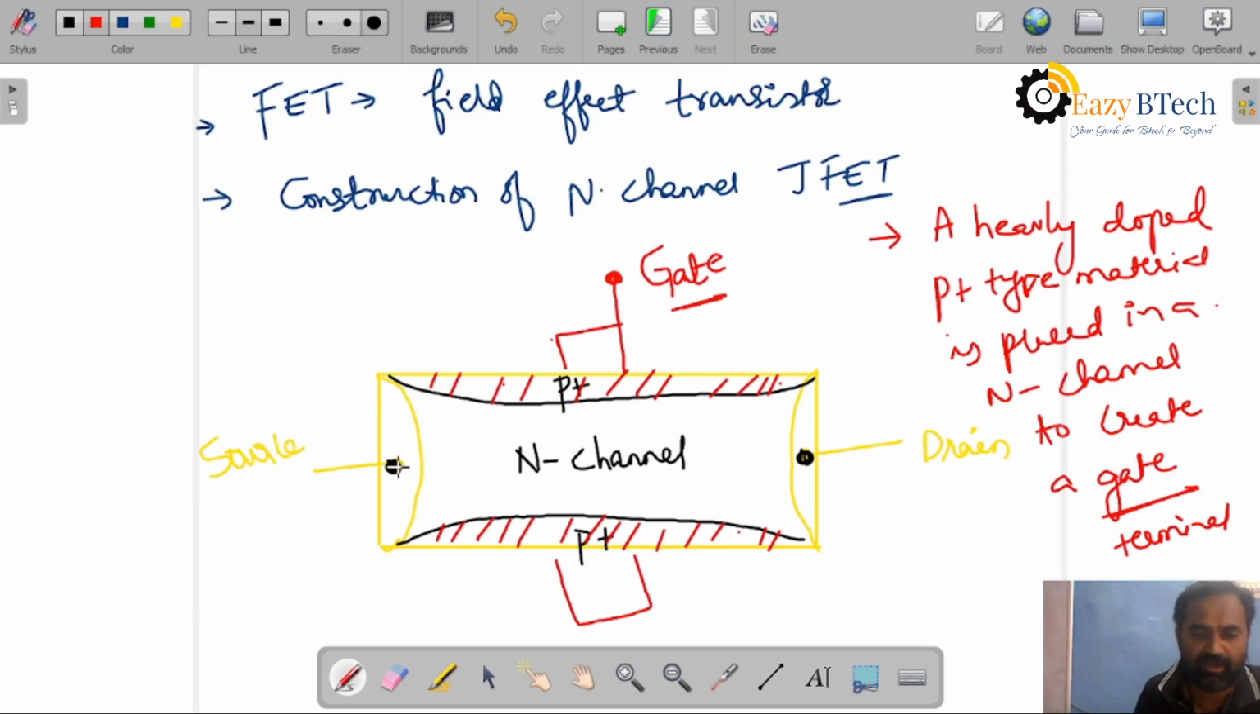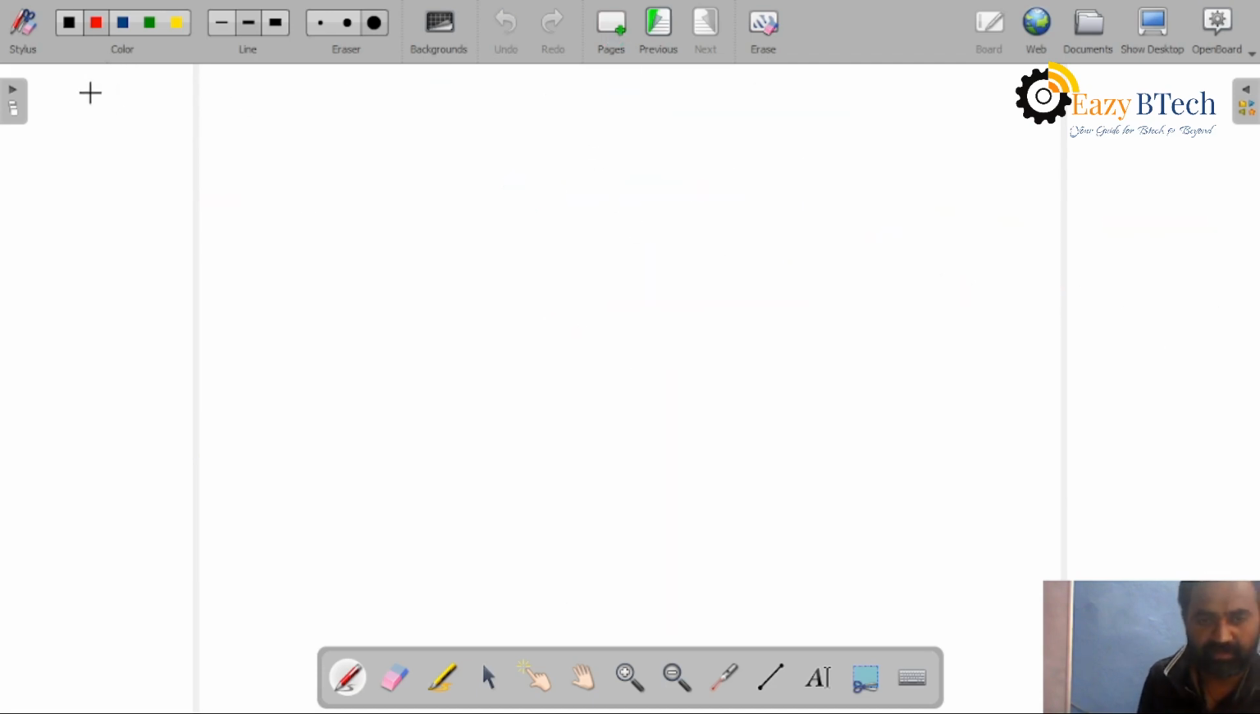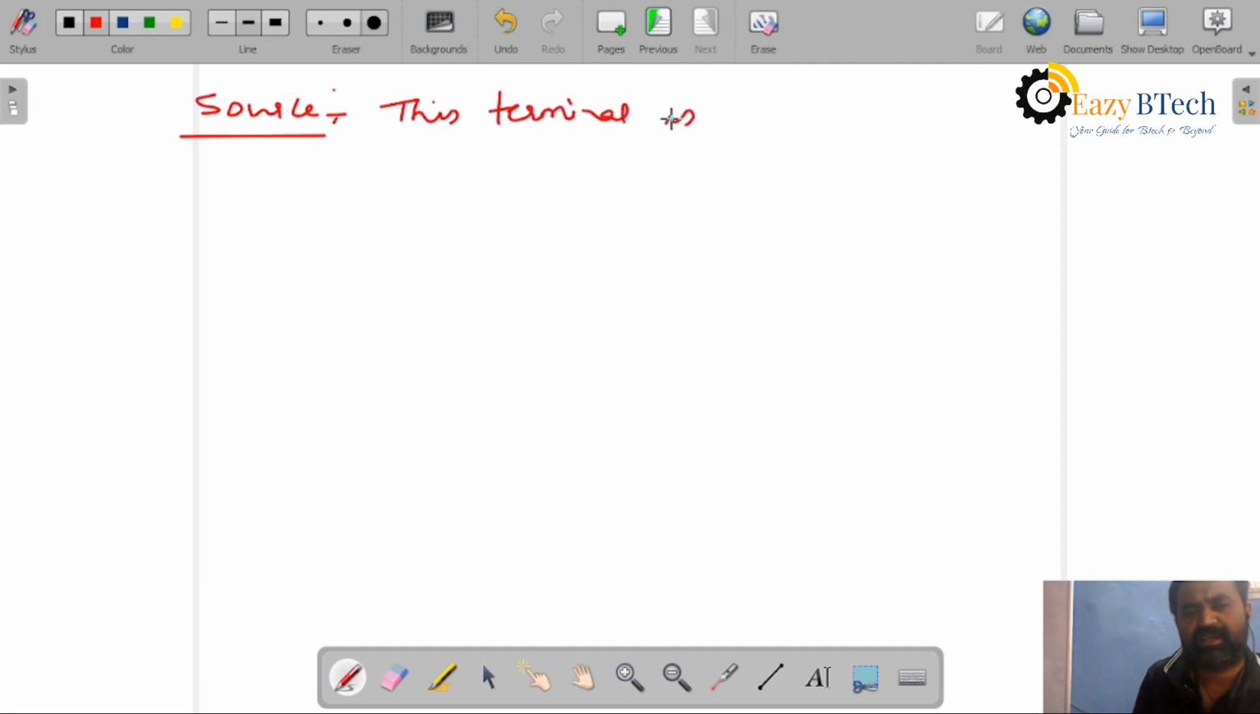Okay students, now you can see this is source, this is drain. How many terminals does an n-channel JFET have? We have three terminals: source, drain, gate. From this diagram we can represent the source terminal. This terminal is connected to the n-type channel